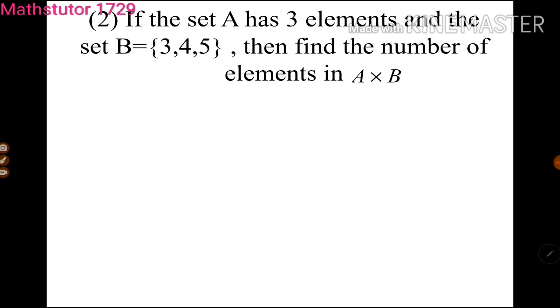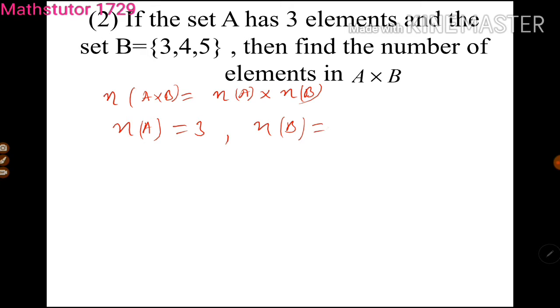Second problem. If the set A has 3 elements and the set B is equal to {3, 4, 5}, then find the number of elements in A cross B. We know very well the number of elements in A cross B is equal to the number of elements in A into the number of elements in B. Already we know the number of elements in A is 3, this is given, and B has 3 elements, so this is also 3.